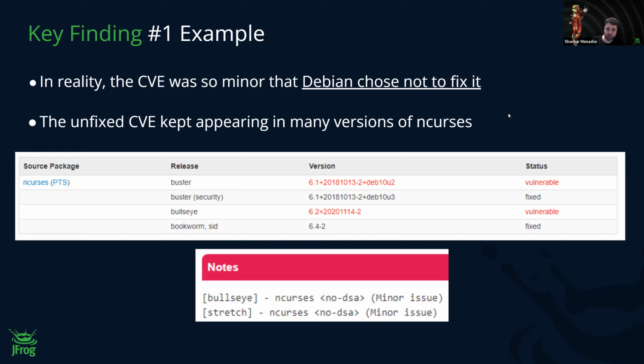And this creates a lot of noise, because basically it's a default component that comes with Debian, and it's vulnerable by default. A very naive security scan will tell you that it's vulnerable by default, but actually it's so minor that they decided not to fix it, and that's why it stays vulnerable, and you can't upgrade to any fixed version because there's no fixed version, and it just stays there and creates noise. So we'll see a bit later how to deal with these. For example, if you were only looking at the NVD and the CVSS score, it would be very misleading.